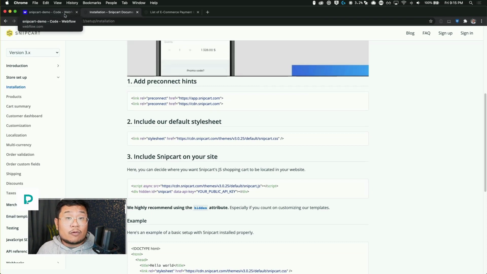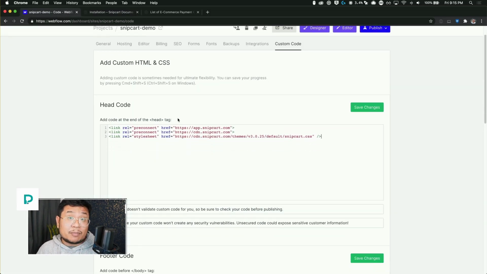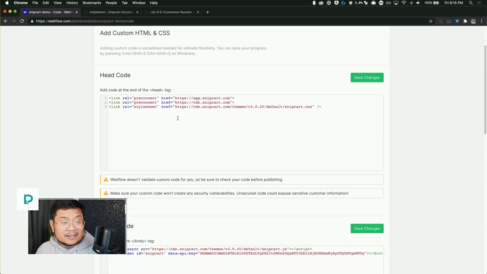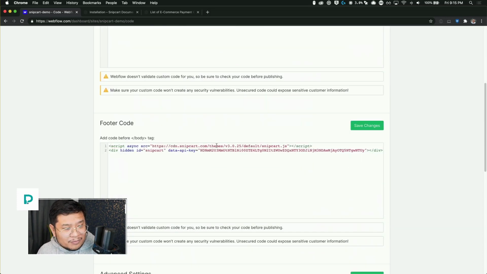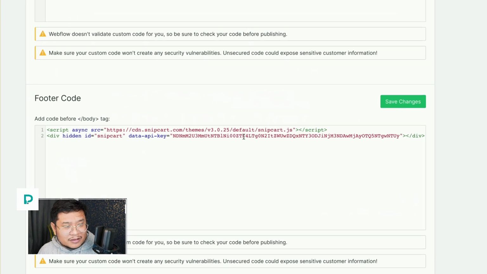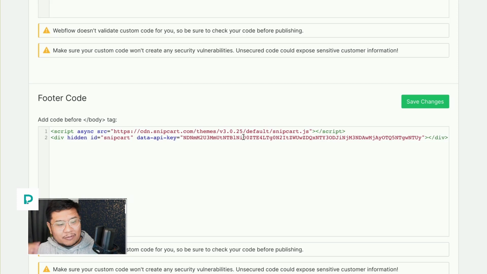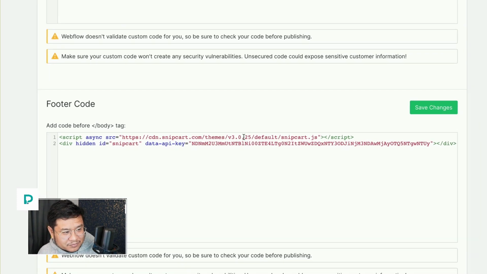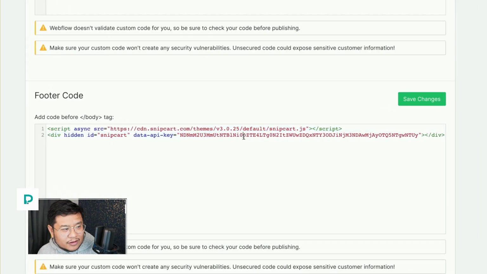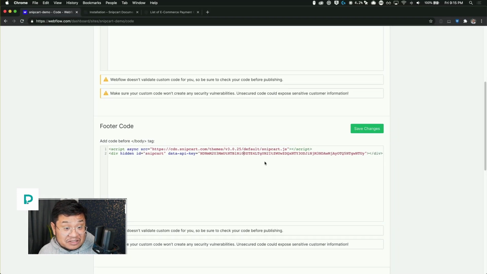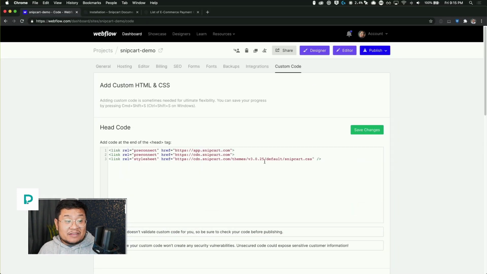When you sign up for Snipcart, they will give you a public API key. And again, it's public, so it's not really going to affect anything if I show it to you. But here's mine. It's really long, but even if you copy and paste it, nothing will happen. All right, so I put those two into the footer code, and step two is done. That's it. So we've enabled Snipcart throughout our whole Webflow project.